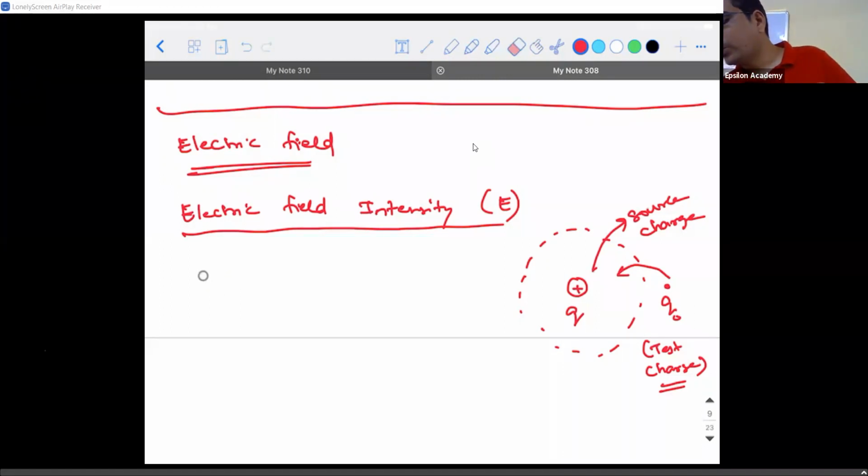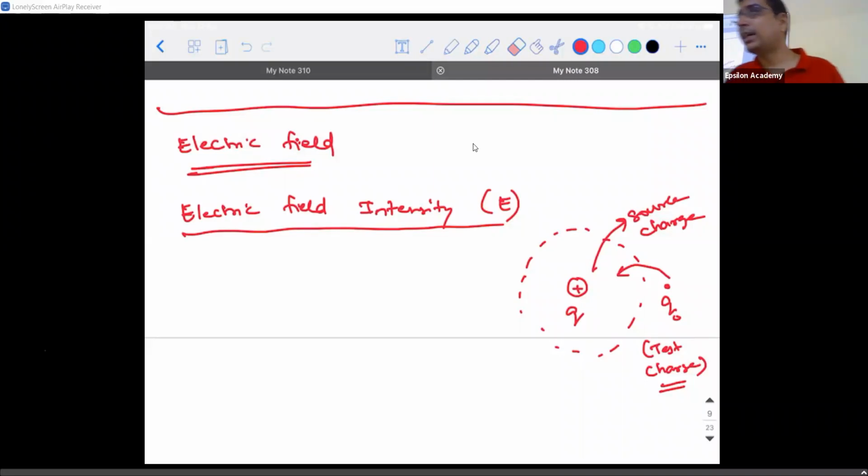So I'm going to write the generic formula now. I'm not going to write the formula for a point charge, because what is the definition I gave for electric field? It is the region around a charge or a charge distribution also. When I speak about source charge, I'm talking only about one charge, but there might be a region where we are interested to study the electric field. I might have 5 charges, and I'm interested to study the region around those 5 charges. At that time the definition will vary.